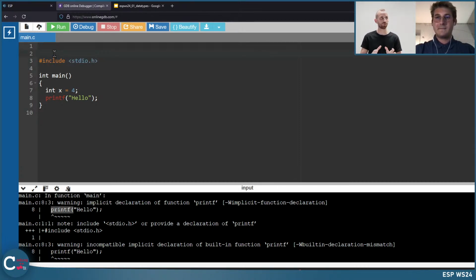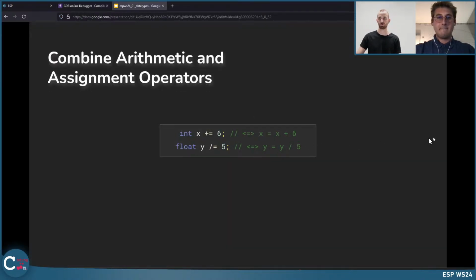Give me the code where this printf is implemented. And this is basically what you do here. In the beginning, it might be sufficient to use this standard IO library for all the input and output stuff. We will discuss further libraries in the next lectures, so you will get used to this kind of thing.